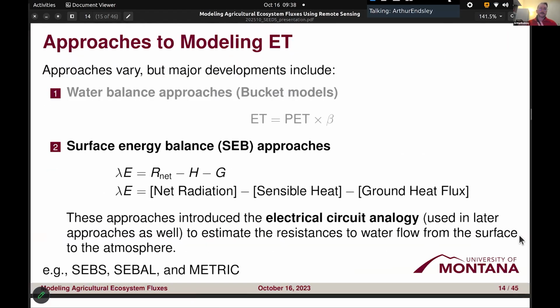The second generation of ET modeling approaches really began with the surface energy balance approaches, where they tried to explicitly constrain the net radiation that's input to the ecosystem, the sensible heat flux out of the ecosystem, and the ground heat flux too, which is small but important in some ecosystems, particularly dry or very hot or very cold ecosystems. That ground heat flux can be a significant source of energy to drive more ET, or energy to reduce ET. And these approaches really...